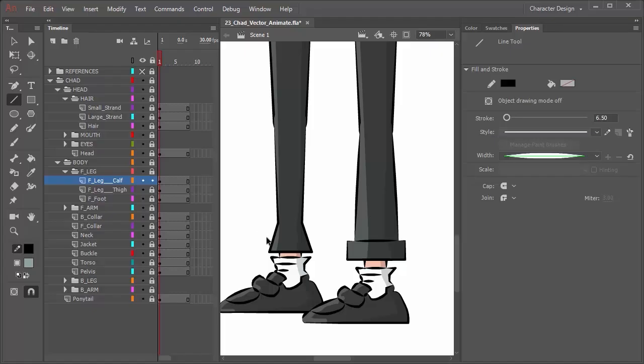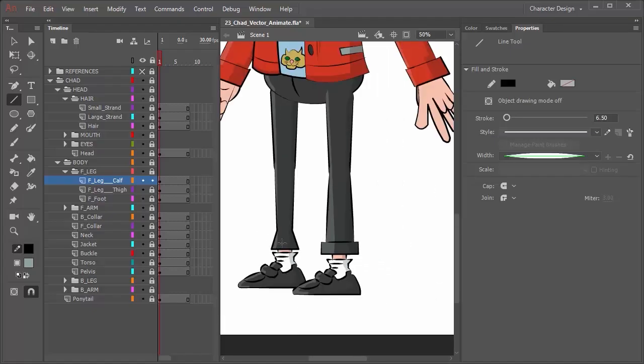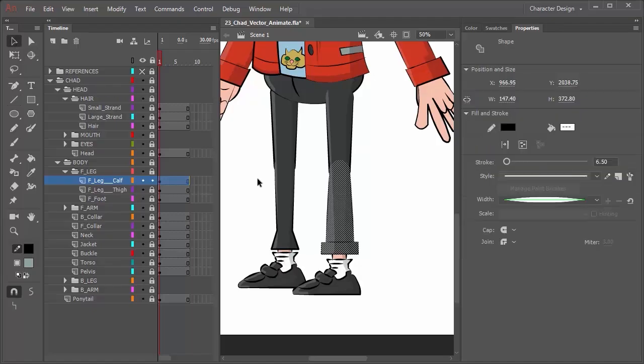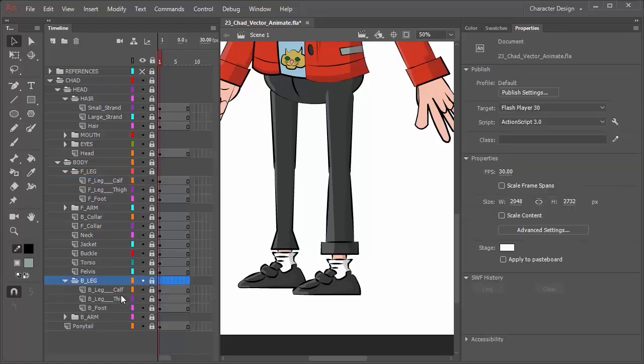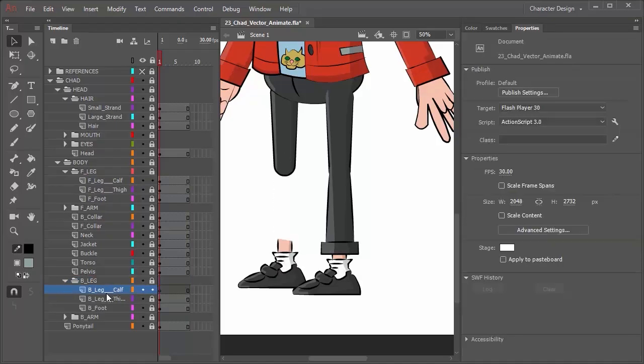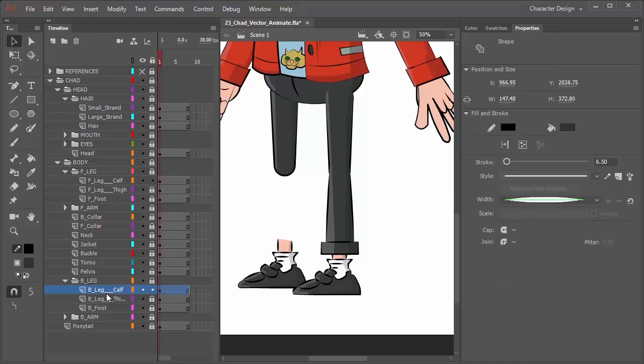So now we could go in and alter the other leg using similar methods, or we can just copy and paste. And I think that's what I'm going to do really quick. So let's just come over here. We have the front leg calf. I'll use Control C since I have the whole thing selected, and then come down here to the back leg group, unlock back leg calf. I can click on it and then just delete it, and then use Control Shift V to paste in place, and then just move it over